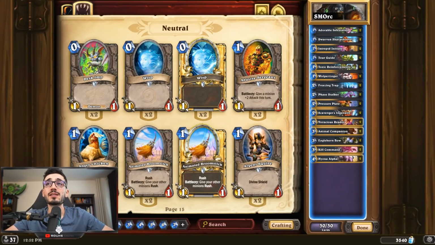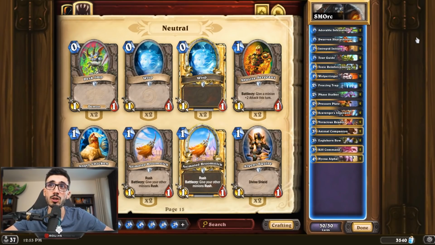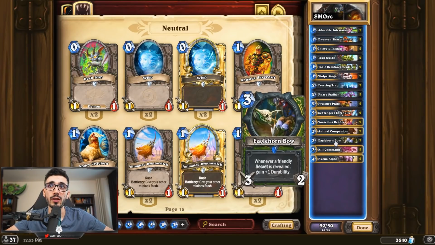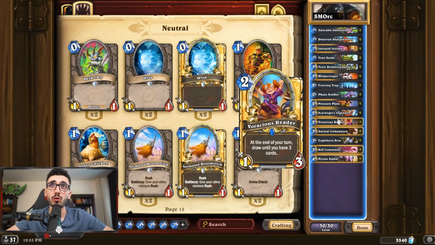Okay, so this deck is very good if you're encountering a lot of druids, a lot of tempo mages, a lot of slow decks in general. You're just able to beat them with this hunter deck by rushing them down. What this deck wants to do is basically just play 1-drops, pressure, and then you have Freezing Trap and Pressure Plate together with Hyena Alpha to push more damage. You have Eaglehorn Bow, you have Kill Command to finish your opponent, and you have Voracious Reader to draw a